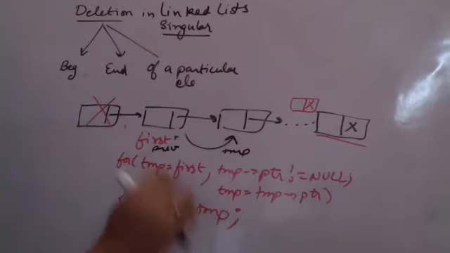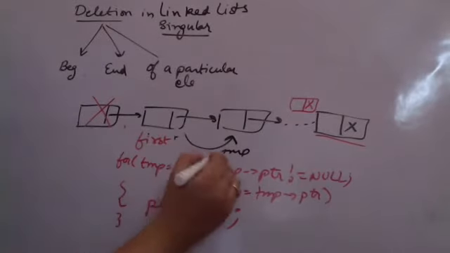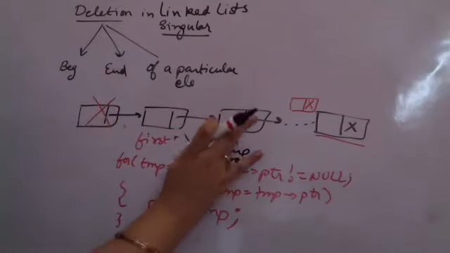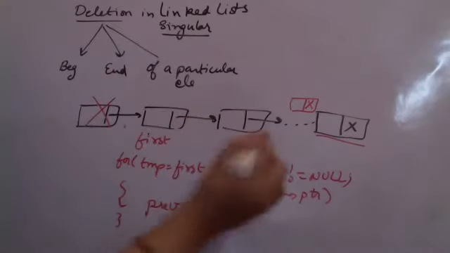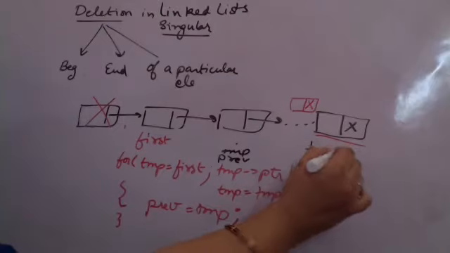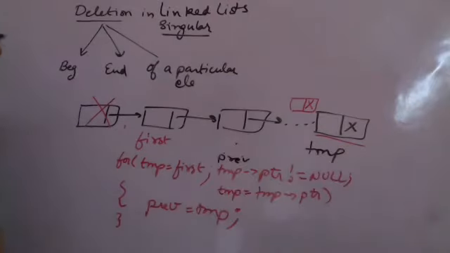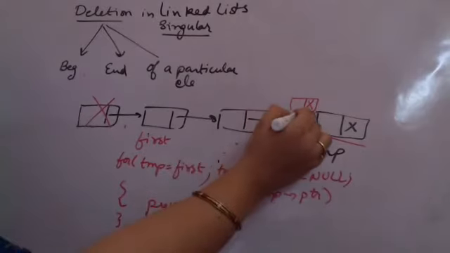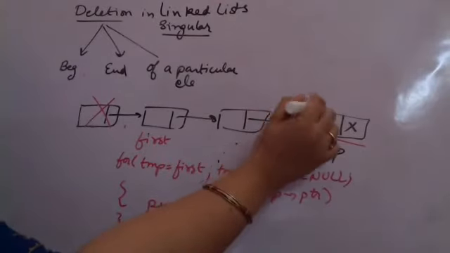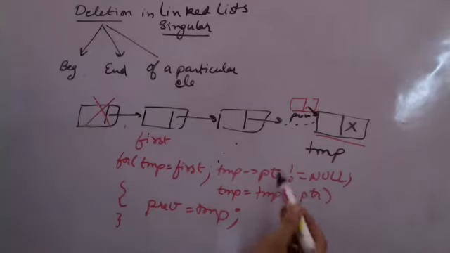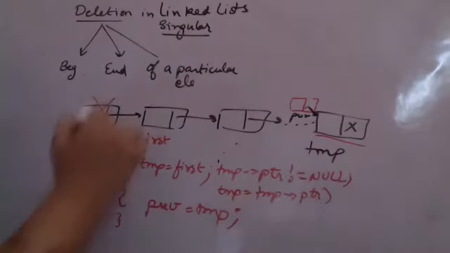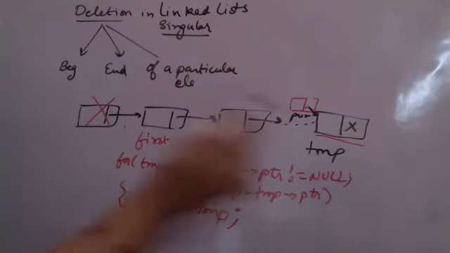So previous is equal to temp. This is previous. Now it does the incrementation. Supposedly after all the incrementation, this becomes temp, right? Now when this is temp, I will have this as my previous, which is pointing to temp. After that, temp is temp pointer, we move to the last element, and temp pointer is null. Now I come out of the loop, I have this previous, I have this temp.